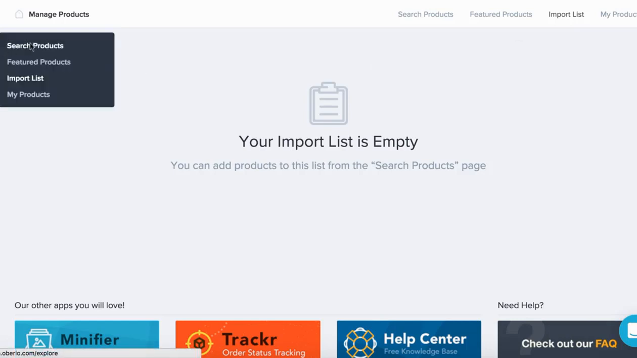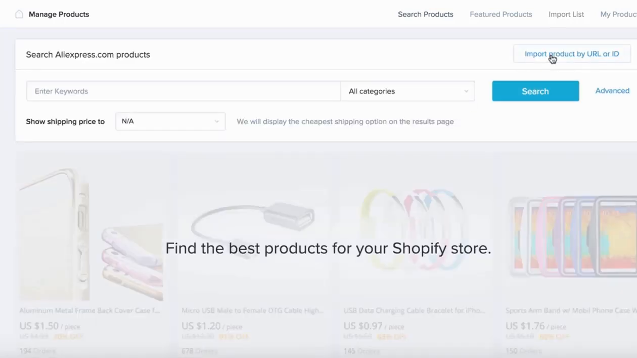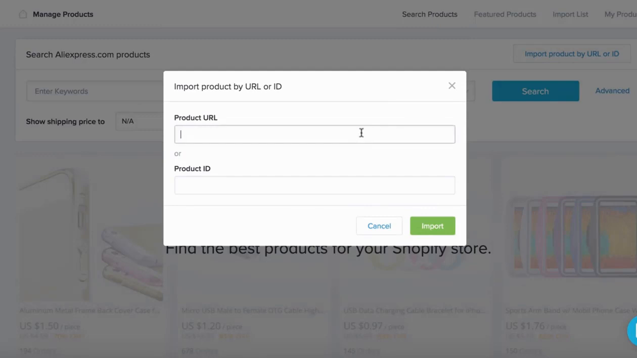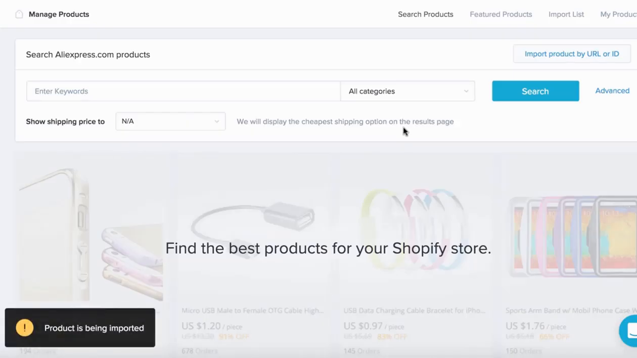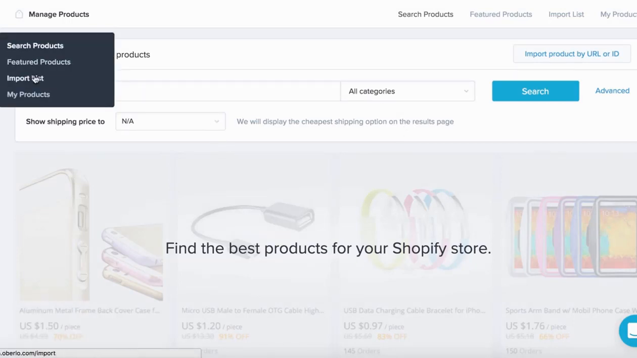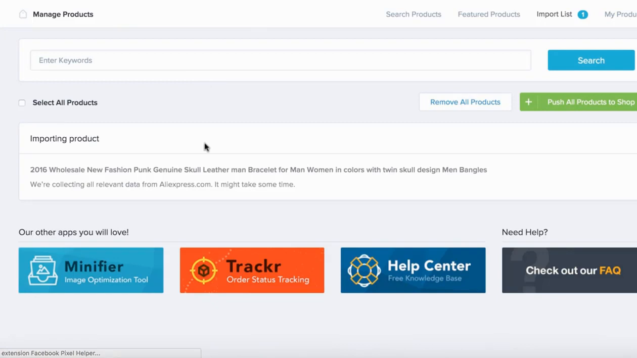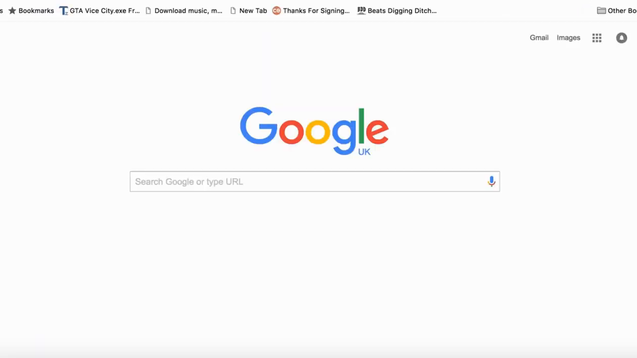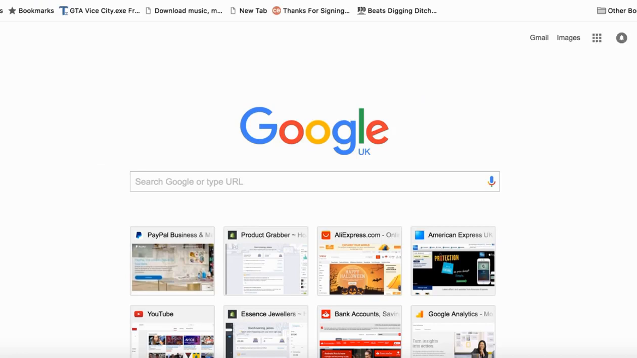To import, you actually go to search product and import product by URL or ID. Paste your URL in here, and it takes maybe like a minute or two just to get it uploaded, but then you'll want to go in here and go to your import list, and you can see it's importing it. It takes maybe a couple of minutes, but I'll actually show you how we do it directly on AliExpress. So if we go to AliExpress,